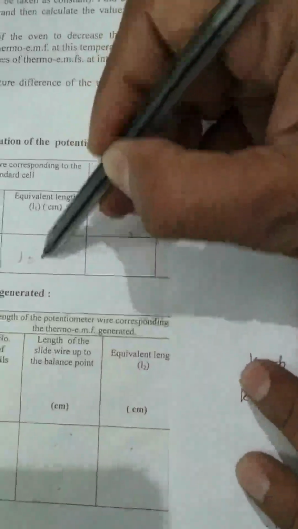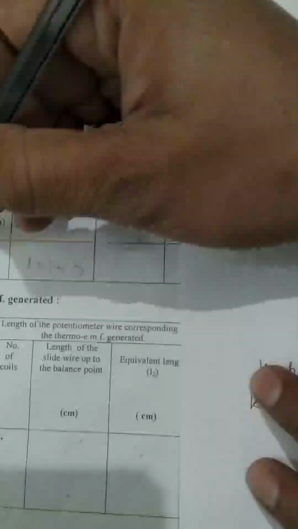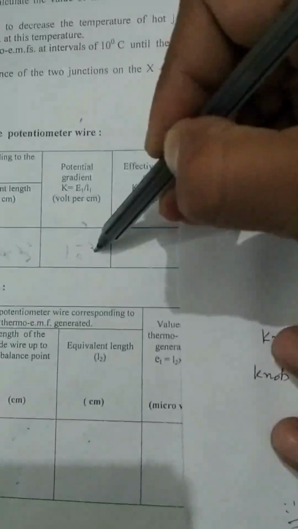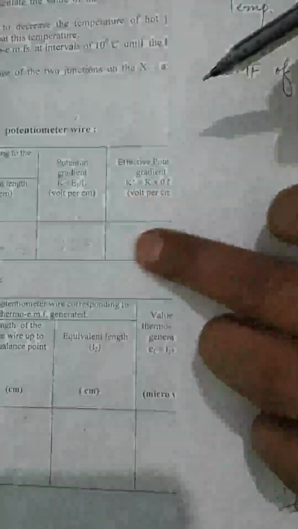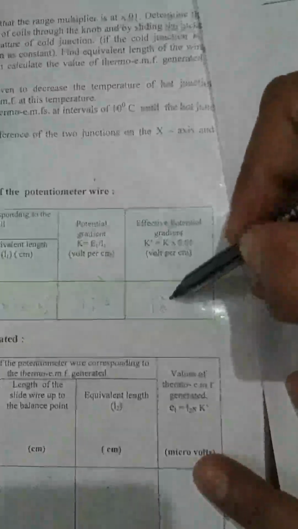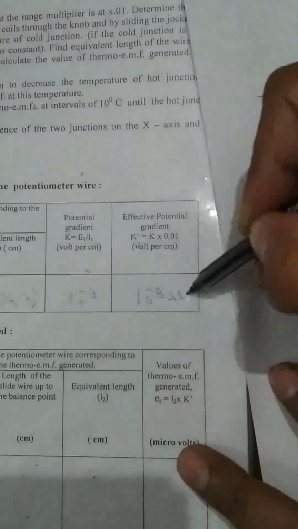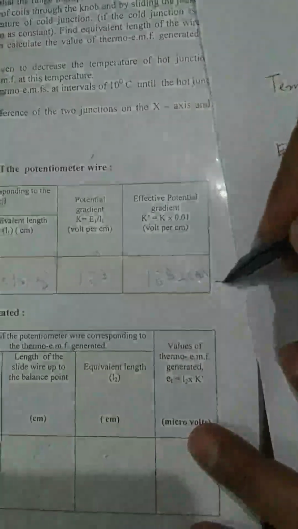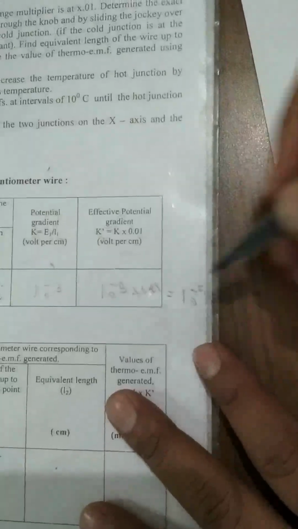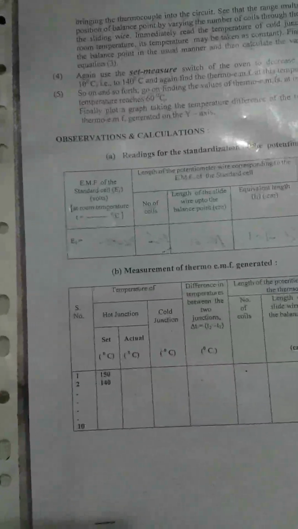तो इक्विवेलेंट लेंथ कितनी हो गई, टोटल यहाँ पे लिख देंगे 1018.3, मतलब इसकी तो 1000 हो गई, ये 18.3 प्लस कर देंगे, 1018.3 हो गई। पोटेंशियल ग्रेडियंट मैंने बताया था आपको 10⁻³ वोल्ट पर सेंटीमीटर यूज किया जाएगा, और इफेक्टिव पोटेंशियल ग्रेडियंट में 10⁻³ इंटू 0.01 कर देंगे हम, तो ये आपका इफेक्टिव पोटेंशियल ग्रेडियंट 10⁻⁵ वोल्ट पर सेंटीमीटर आ जाएगा, ठीक है। तो इन दिस वे योर टेबल 1 विल बी कंप्लीटेड। नाउ वी हैव टू वर्क फॉर द टेबल 2.